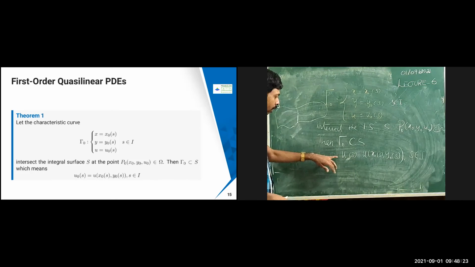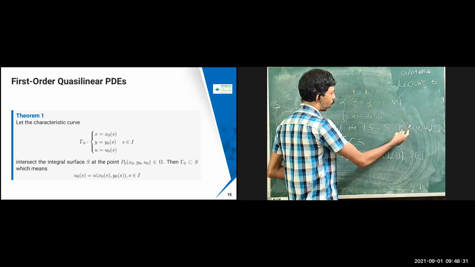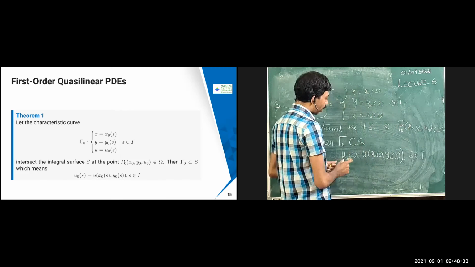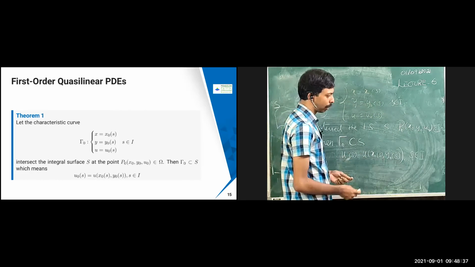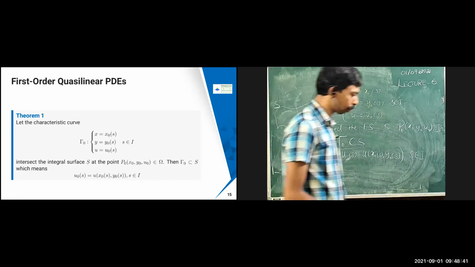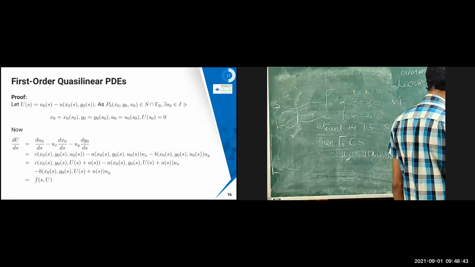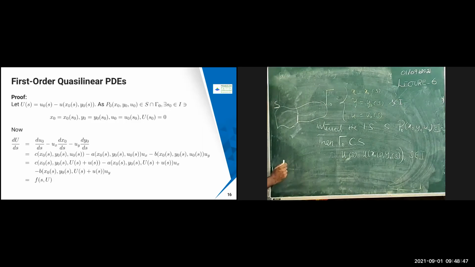So what does it imply in terms of the equation, I mean the solution? If you take u naught to be the solution of this one, then this u naught can be determined by v of x naught of s comma y naught of s. So this point is going to be applied. That's what it is meaning. So let us see the proof of this one. Very simple.